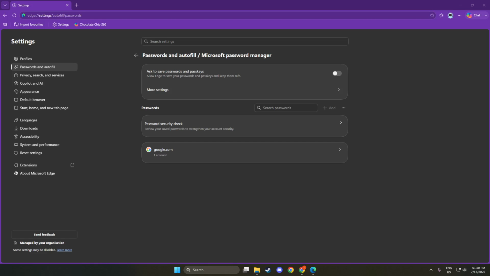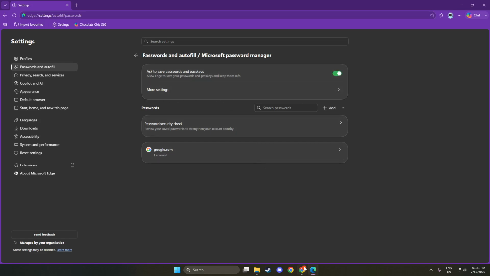Next up, if you encounter any issues, make sure to repeat the previous steps and confirm that the setting is still enabled. Sometimes, updates or changes in the browser settings can accidentally turn features off. If you have confirmed that the setting is active and still do not see the prompt, consider restarting your browser. This can refresh the settings and resolve any lingering issues.